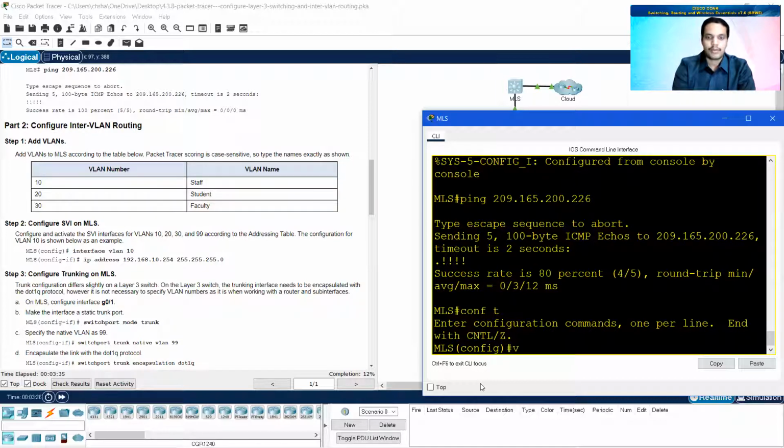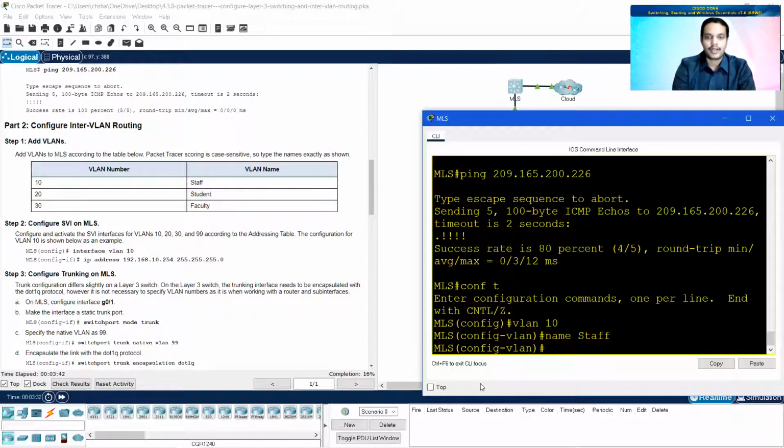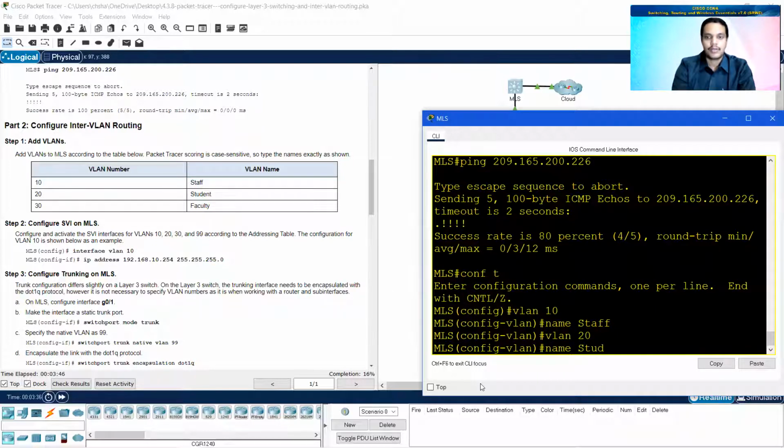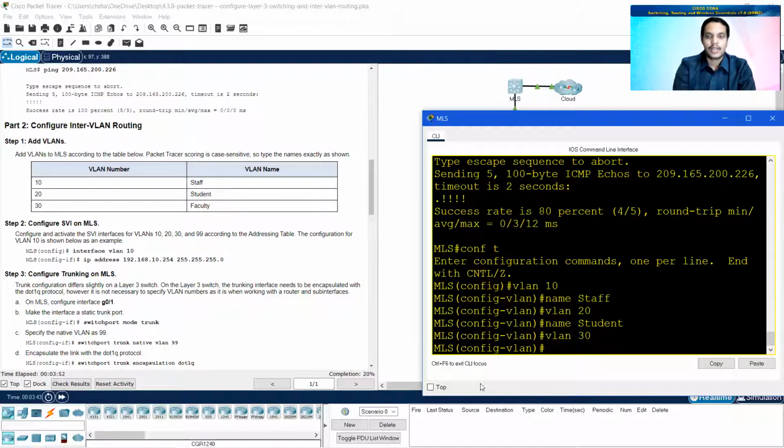I need to type in vlan 10, enter, name staff, enter, vlan 20, enter, name student, enter, and then go with vlan 30, enter, name faculty. Okay, so I created the three VLANs.